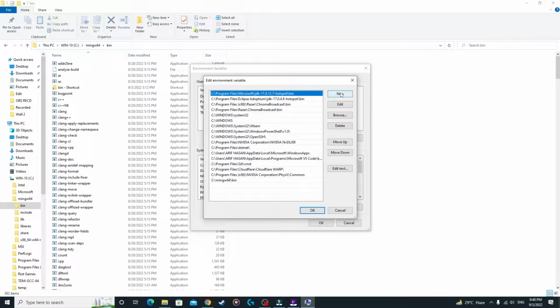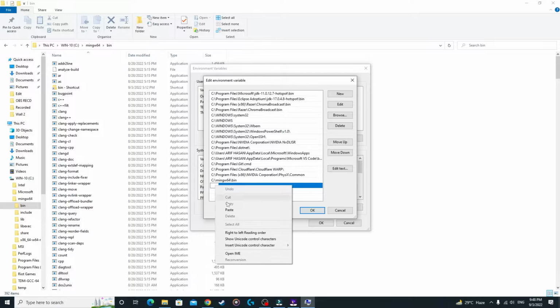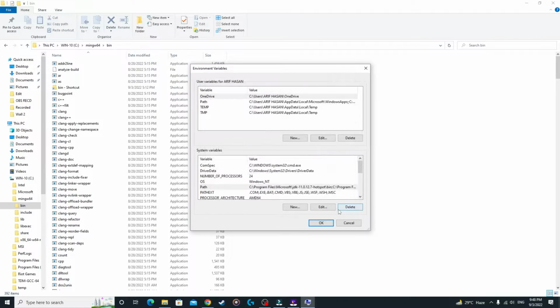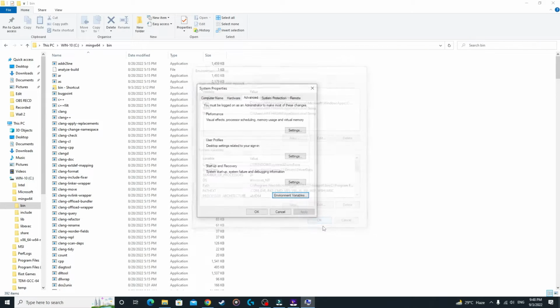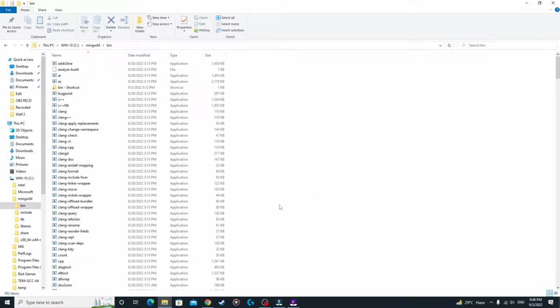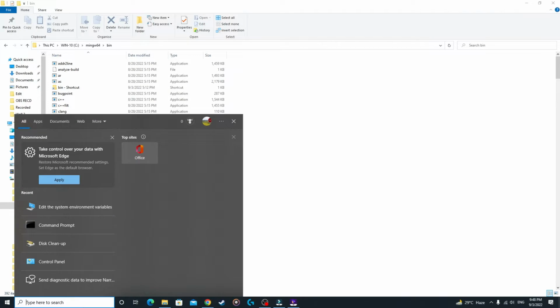So if you're new, you're gonna select new. For me, I already have this pasted. After you paste it, it will show you something like this. So let me show you how to paste it. You're gonna click new, and you're just gonna paste that directory. Alright. For me, I'm not gonna do this because I already have this. After you paste it, you will see something like mingw64/bin. So after that, you click OK, and to check if you have done it right, you're gonna go to